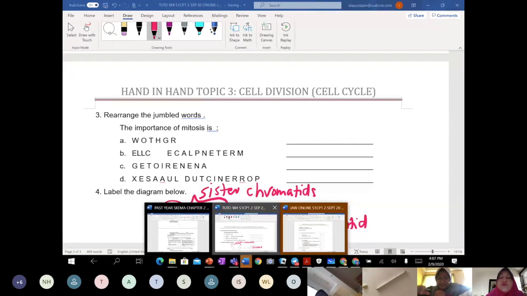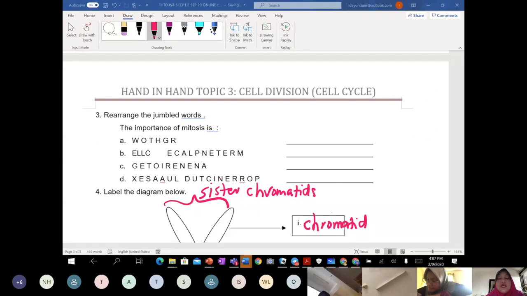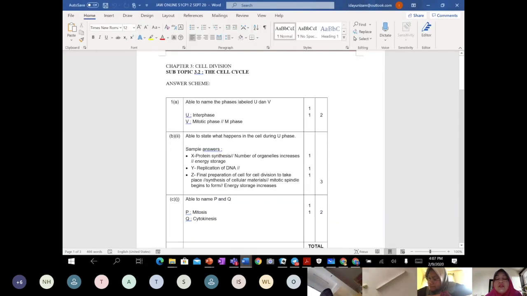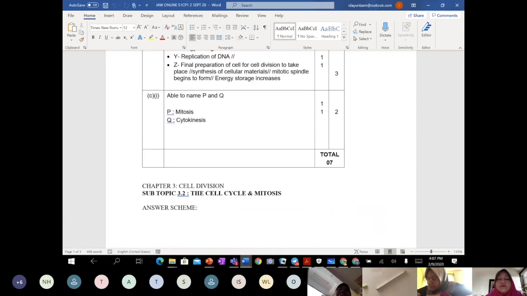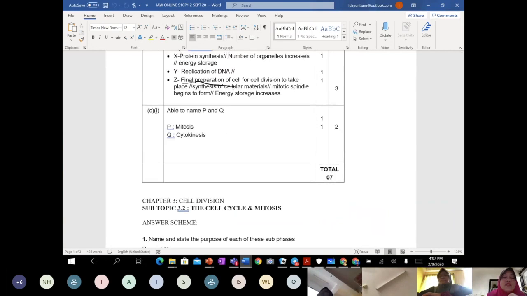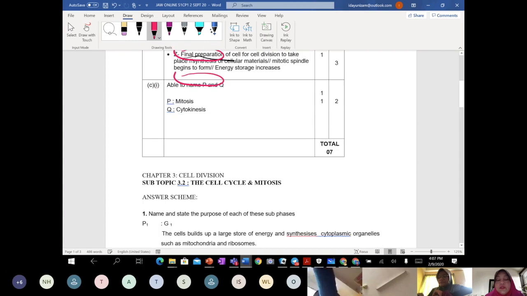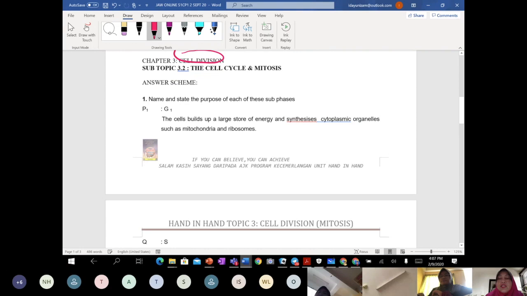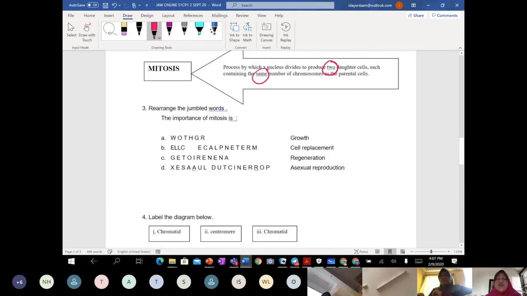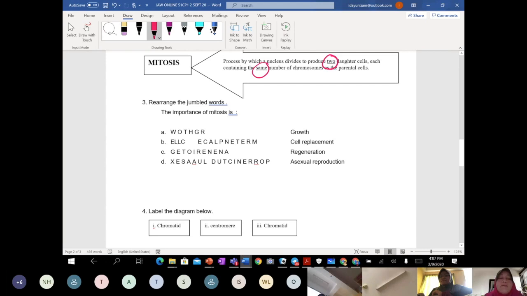Okay, so let's discuss. This one we have done. All this we have done. Like teacher mentioned just now, G2 is the final preparation of a cell. So mitosis is done to produce 2 daughter cells with the same number of chromosomes. If you rearrange the jumbled words, number 1 is the importance of mitosis. So number 1, mitosis is important for